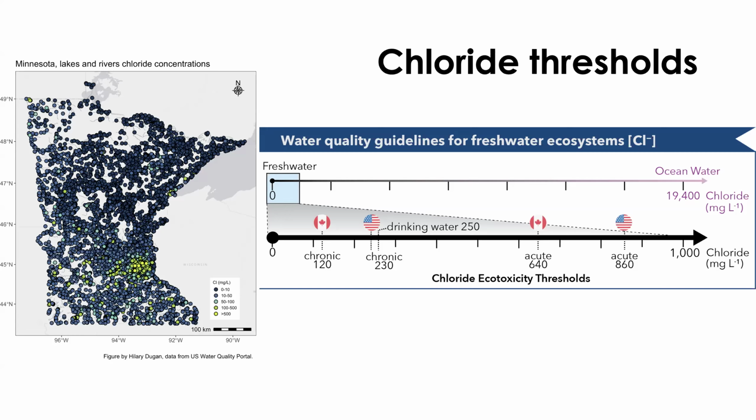These thresholds do have regulatory importance, such that if you are monitoring a lake that has chloride concentrations higher than this, you get put on a list and have to come up with plans to try and reduce them. So these thresholds are useful. They're useful for regulatory purposes to say this is really bad.